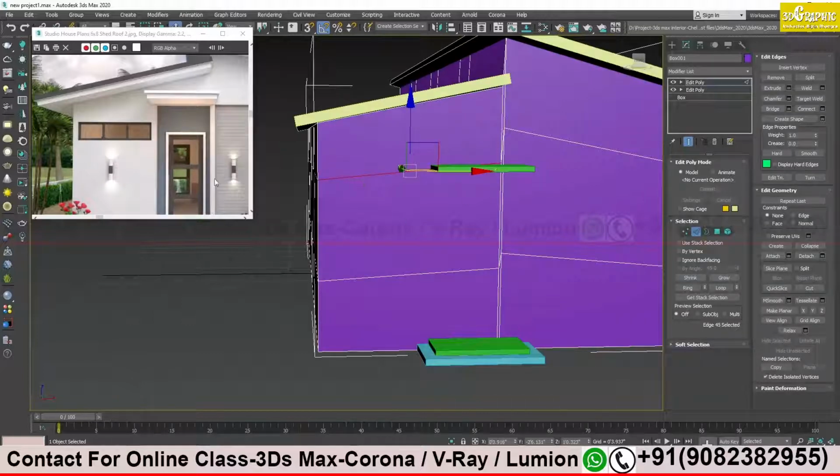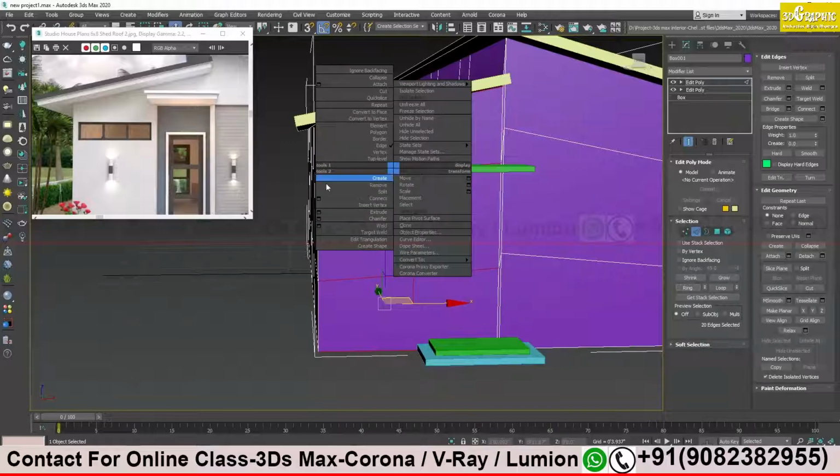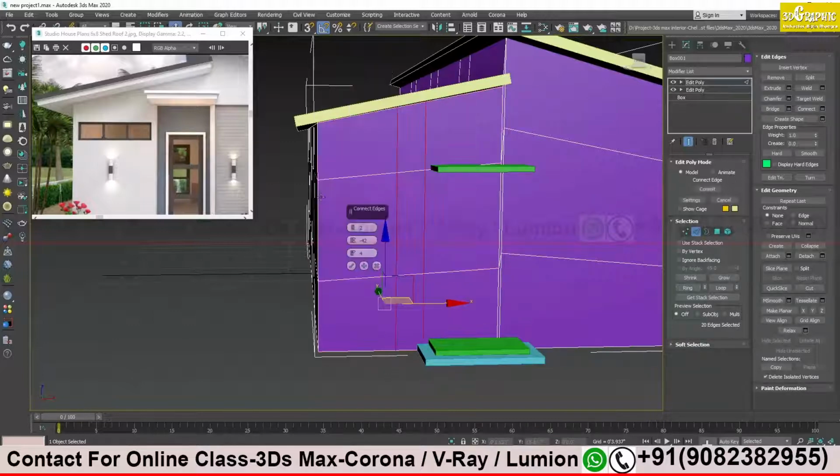So to create a vertical line, I have to select a horizontal line. I created one, and I will click on ring. All the lines are selected. Right click and then connect. And here I will try to adjust the line properly. I will try to move the line with the help of the options. You can see over here I need 2 lines, and I will just adjust the line a bit. It should be like this.